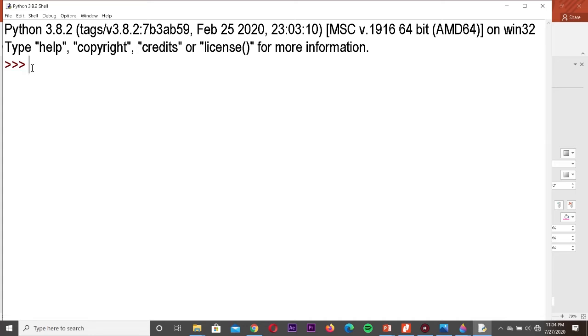Now, in the string topic, we are going to discuss the slicing operator. I am writing str is equal to Tirukural, same example.